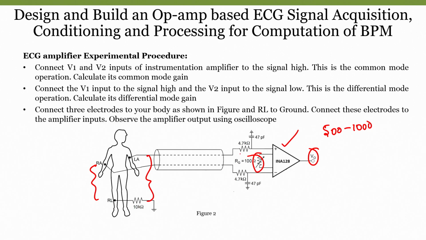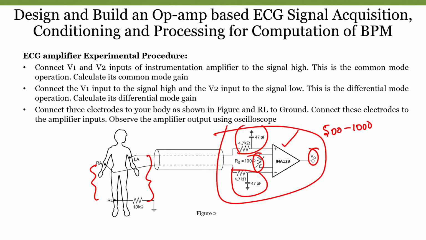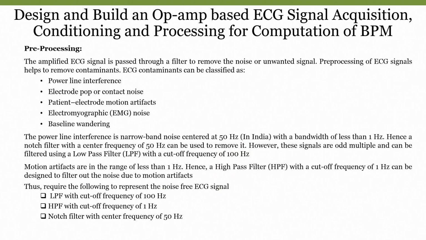Now, what is the use of this resistor and capacitor? This acts as a low pass filter. Any noise coming from the input signal will be removed. So, this circuit is the complete instrumentation, or amplification, stage of an ECG signal. In this experiment, we will take this particular block to the last. Once we finish all the filtering circuits and other parts of our logic, we will come back to the instrumentation amplifier, check the difference between the instrumentation amplifier and the differential amplifier, and then interface it. Then we will go to the next one, which is our pre-processing.